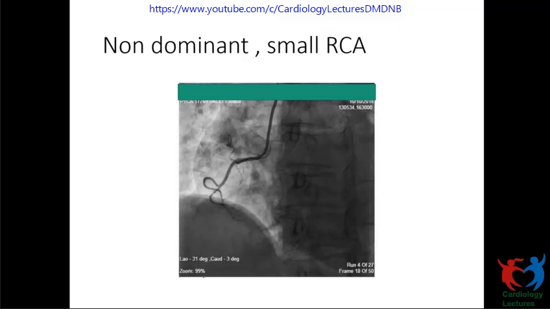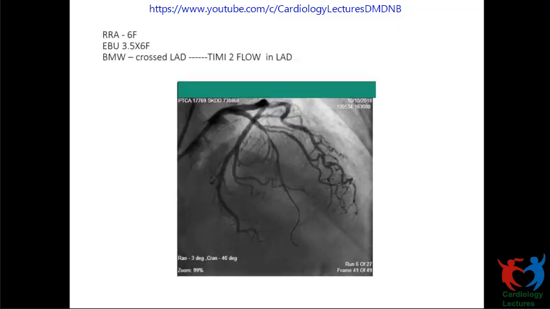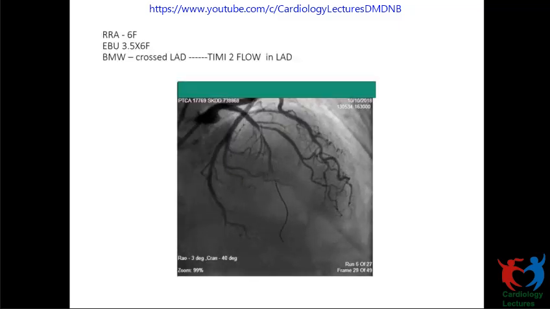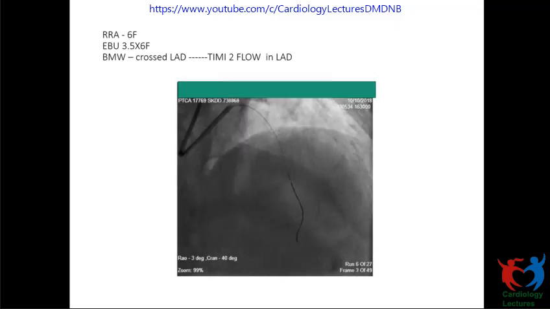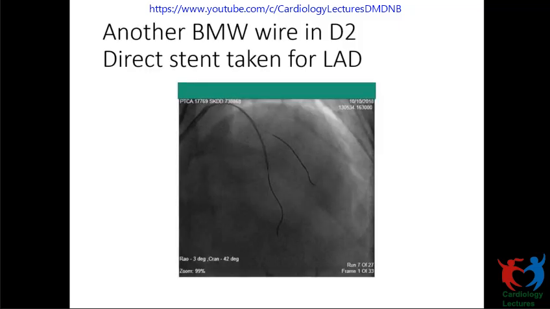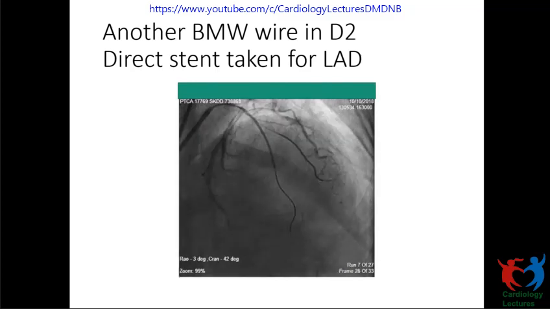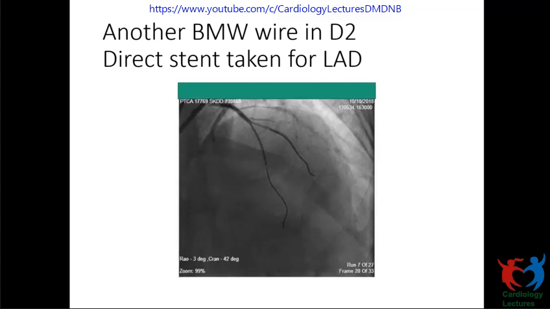RCA small, so we passed a wire, and easily we achieved flow. What about your strategy in acute MI about the 2 stent strategies? I think, look at it, as the wire has gone, see how beautifully the diagonal is there. It's a ruptured plaque. Unless you have a calcific or very hard lesion and you won't get a good result, you seal the plaque and the diagonal is going to be flowing. I would be very hesitant to do 2 stents in an acute MI.